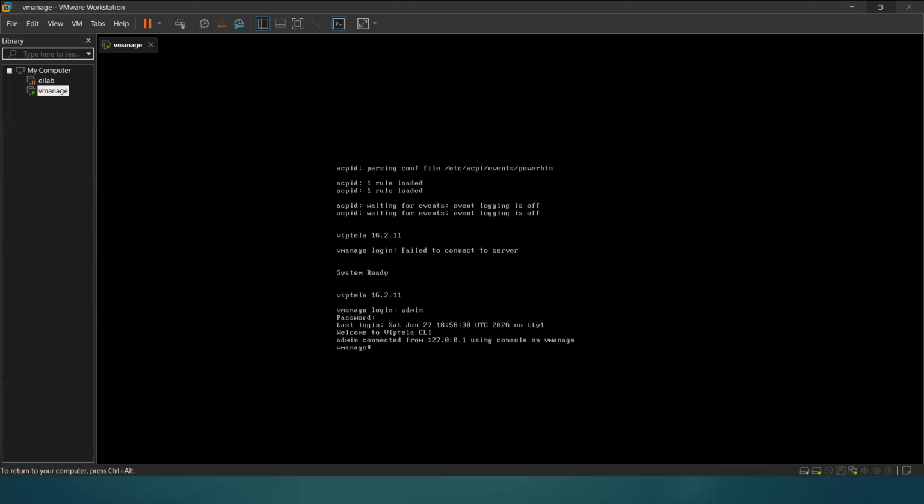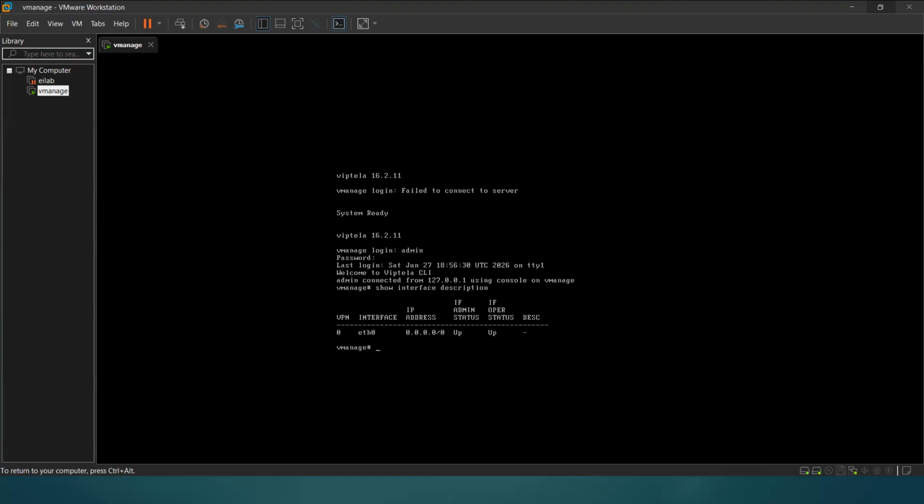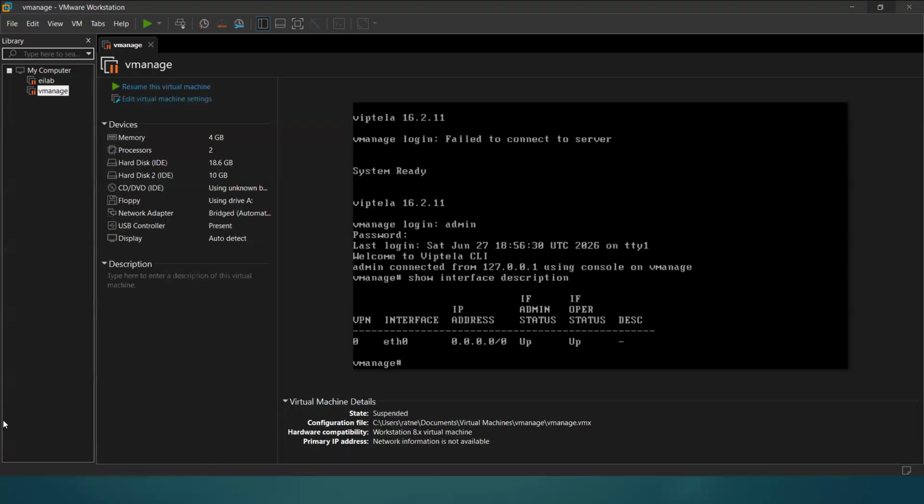Okay. All right. So we can check here. Show interface description. What IP it has. What interfaces it has. So here you will see that I have not added the interface as well. So I should go and add one interface as well. One is for VPN 0 and one is for the management 512. So I can go and add two interfaces from VMware itself. Although that's fine, if it has some IP, it can work. But just to make this a standard, let me go back here and